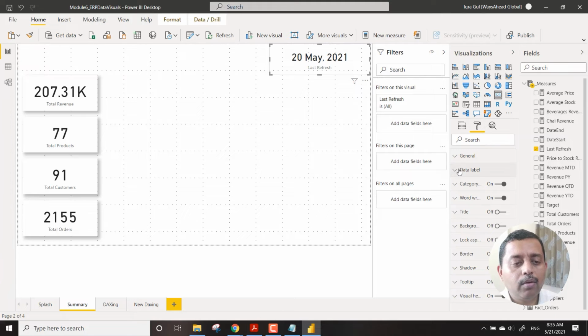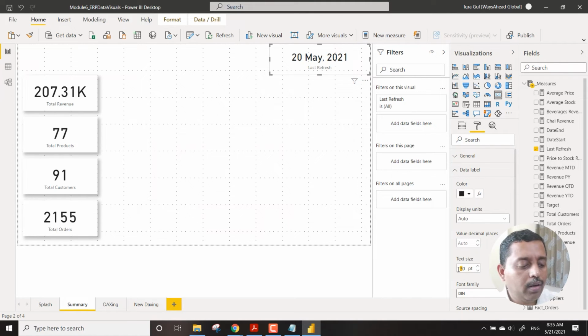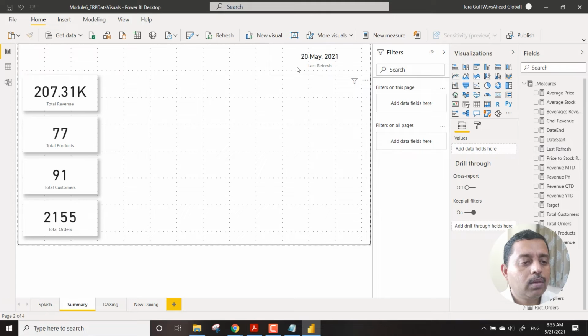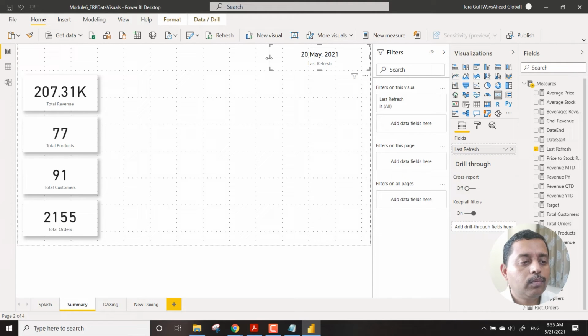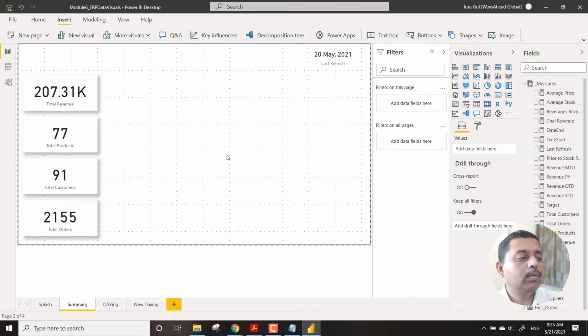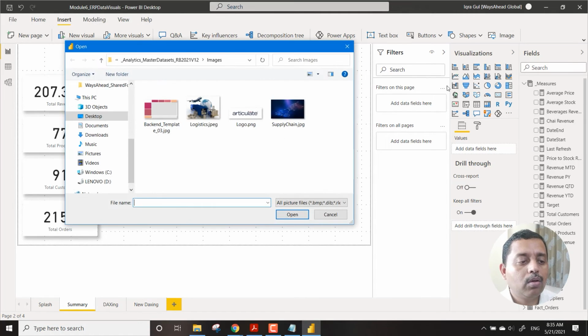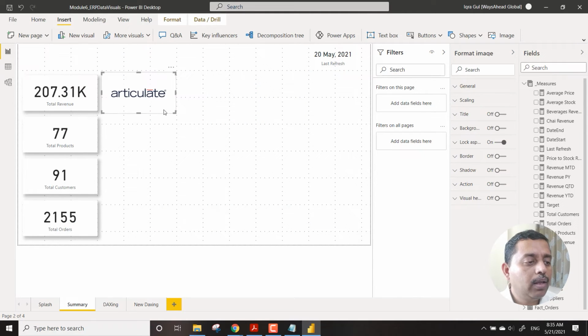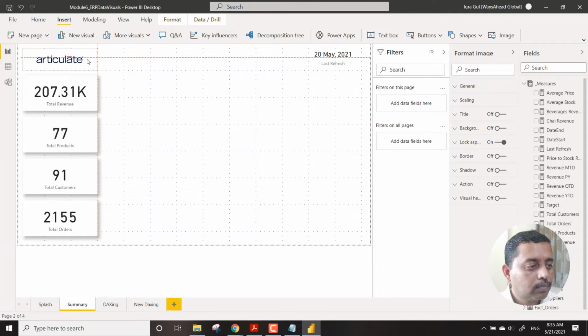And if you feel that the word is too long over here, we can make it small, because we need to have everything within this sector itself. Then we bring in the logo as well. We can go to an option called image, and then bring in the logo of the company and set it up over here.